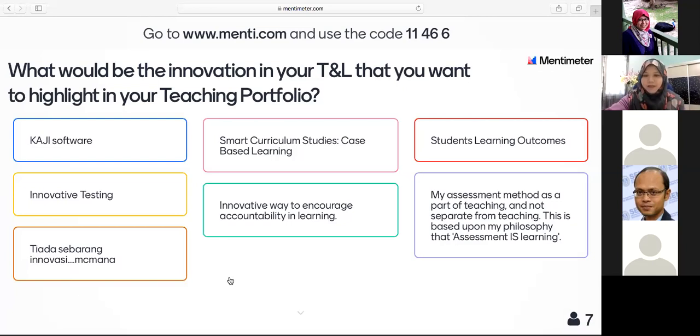I have no idea yet. But that's why I'm in this workshop. But actually, I'm going to try for this semester asking students to use the Kaji software and then create their quiz items. They have to come up with their own questions and then find their answers. And then at the end of their work, they will come up with